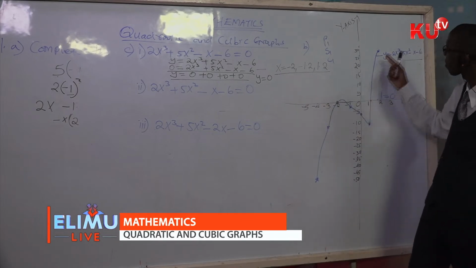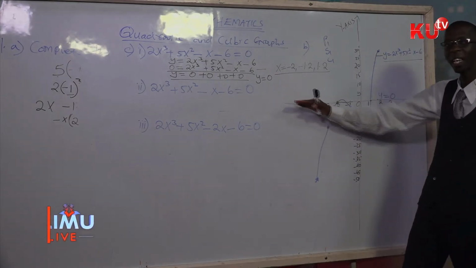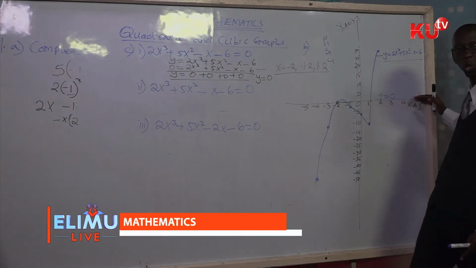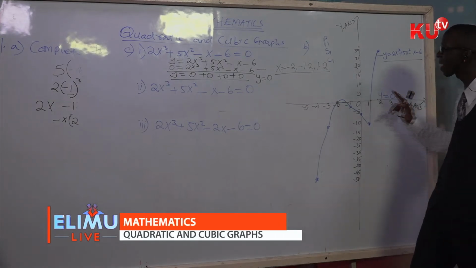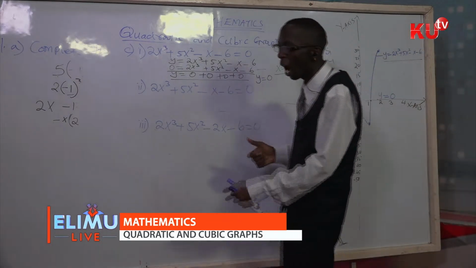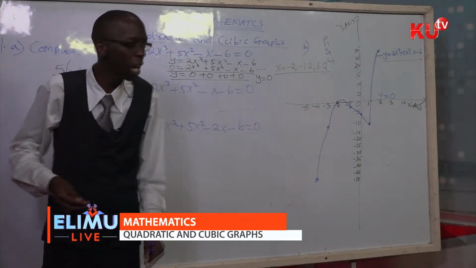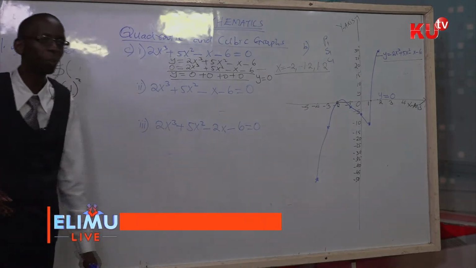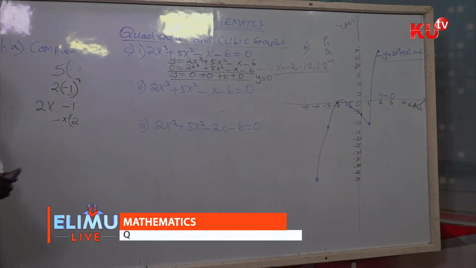You must get accurate value because you have a graph book. So the values of x where the graph touches the line y is equals to 0, which is the x-axis, are -2, -1.2, and